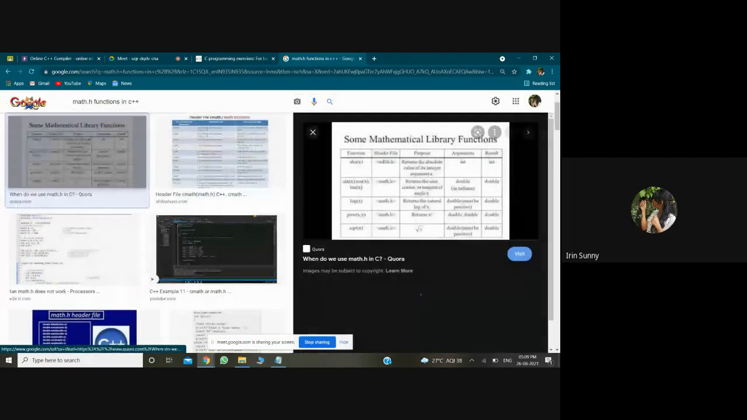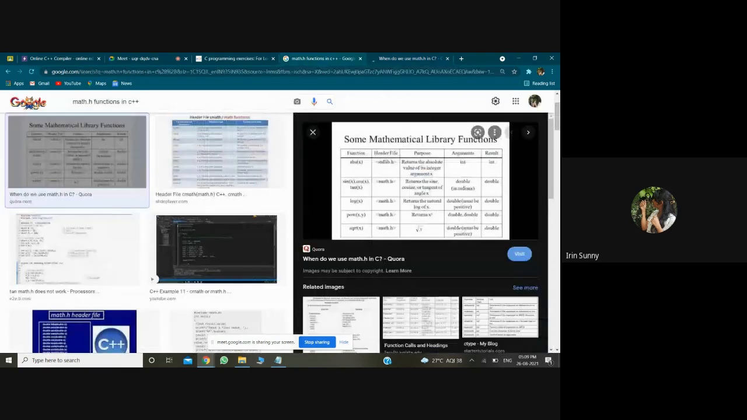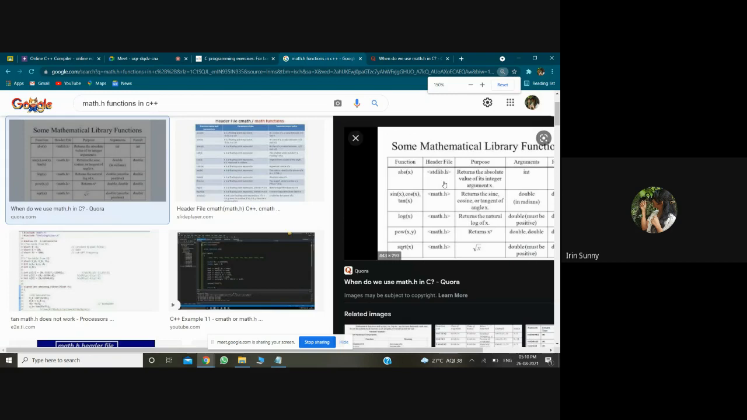These are some functions that you can use in the math.h header file. Is the diagram clear? These are some functions that you can use in the math.h header file. That is absolute, sin x, cos x. So here, instead of x, if we place,